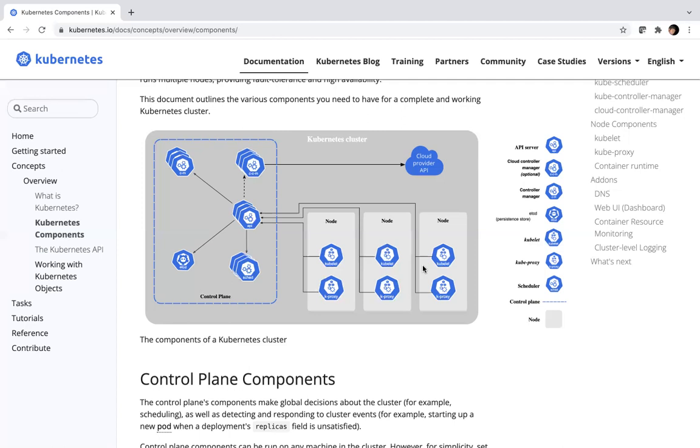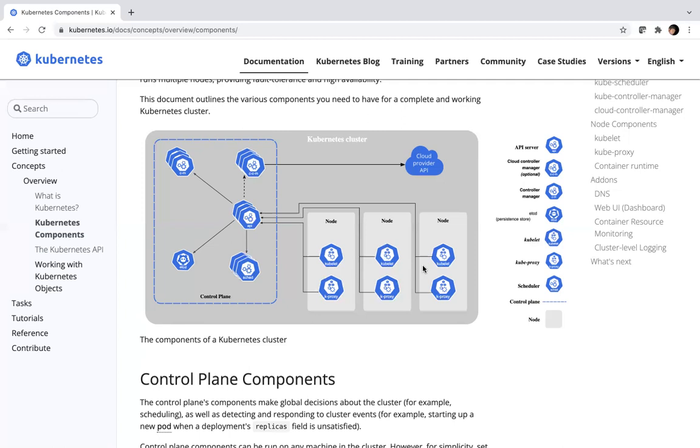Now you can have either a single master node, or maybe a single machine hosting the master node and worker node, or you can have multiple master nodes and multiple worker nodes. This all depends on the needs of your organization.